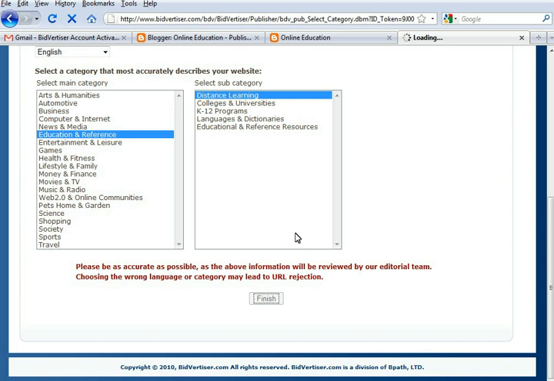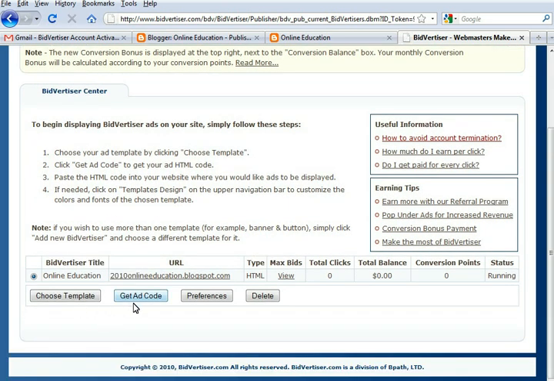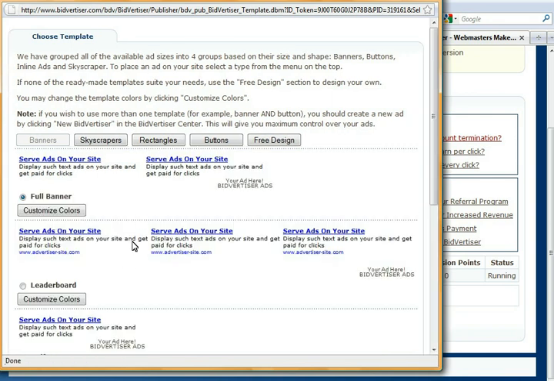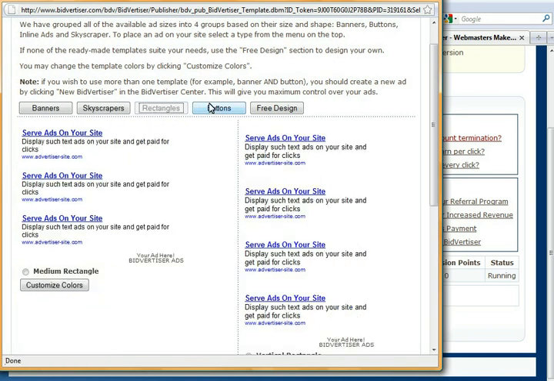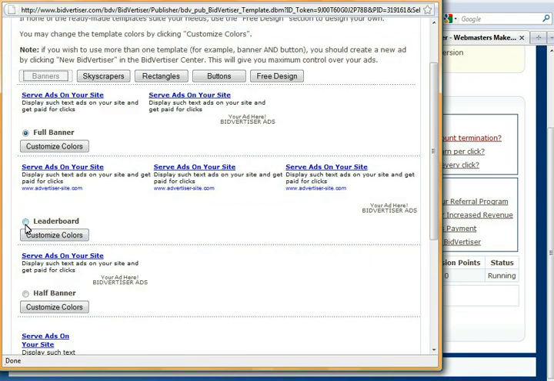So in our blog we need the advertisement code. So we'll have to collect that. This is the area, so I can get the code from here. Before that, we should match the color of the ad with our website. So we'll have to design this. So click on template, and there are so many types. You can go here, banner. I prefer to click on this one, a little bit, and customize the color.